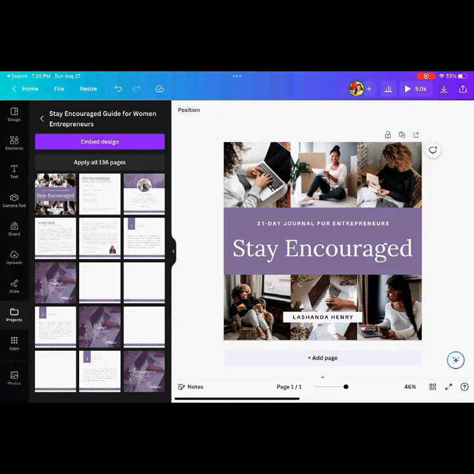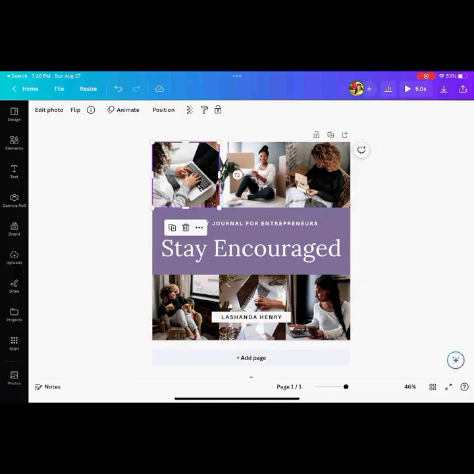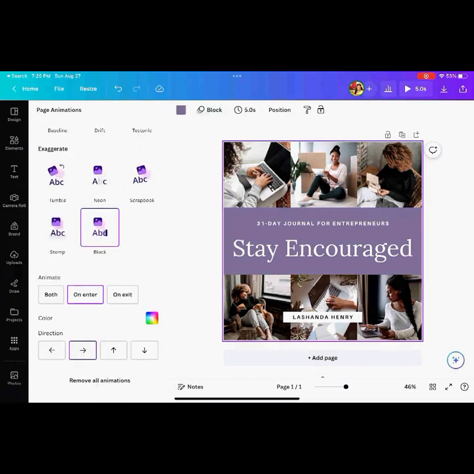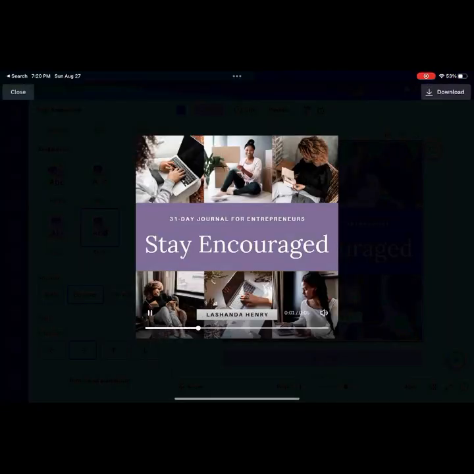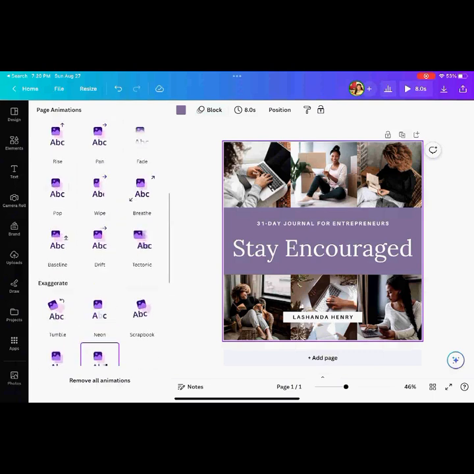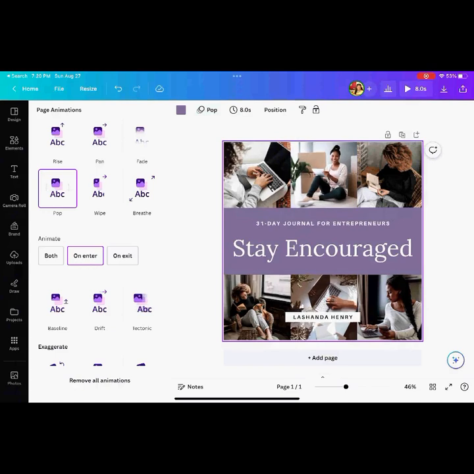Okay, now, as I mentioned before, when it's animated, it says block for animation, right? And it's 5 seconds. So if you press play, this is basically the animation that is given. And you can change this. So I'm going to do, for a little bit longer of an animation, 8 seconds, number 1. And then I'm going to change it to something else, number 2. I love pop.